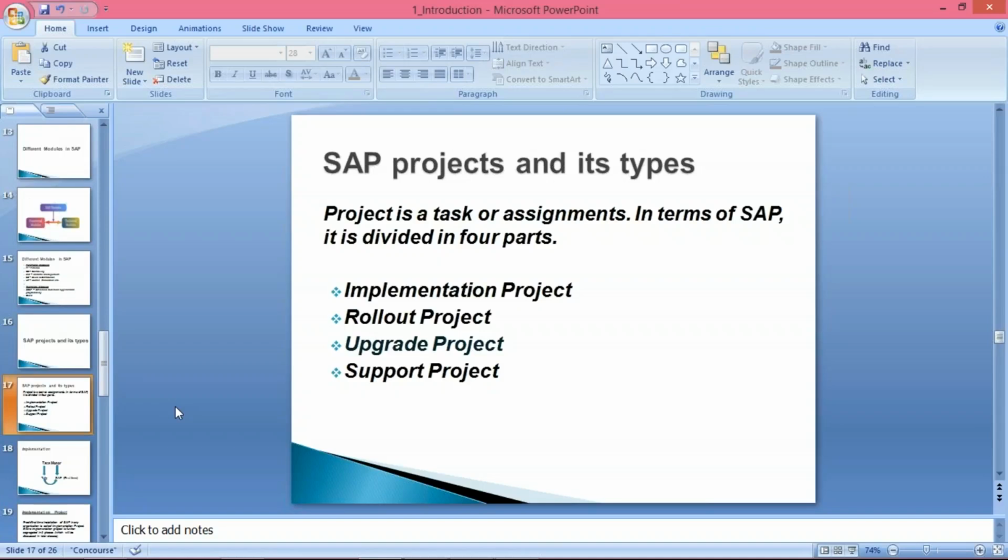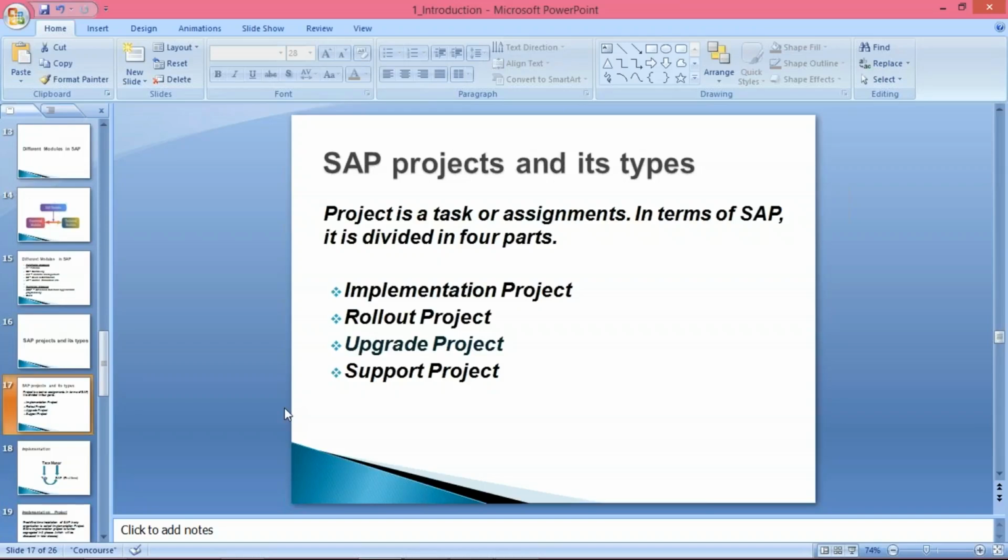Now, what is this project? A project is a task or assignment. Whenever you join, HR will come and greet you, hi XYZ, welcome on board, and today is our induction classes and all. After the induction sessions, they will let you know, hi, you are part of so and so project.